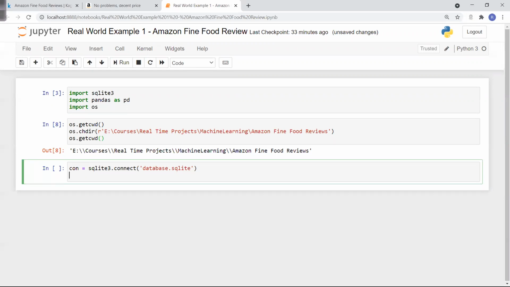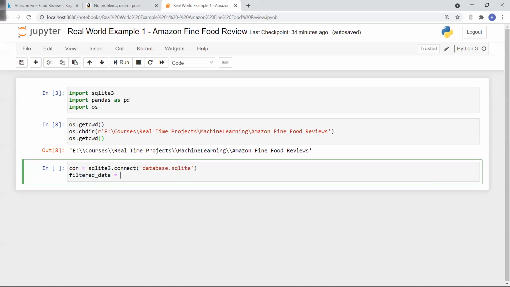After that, I will write a query, and I'm giving the name as filtered data, is equal to. The benefit of SQLite is that I can write the query in SQL form. Those coming from a SQL background will understand how to write the query in a SQL database, and the same thing I can do here also.